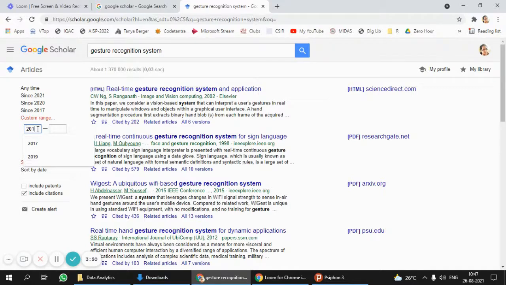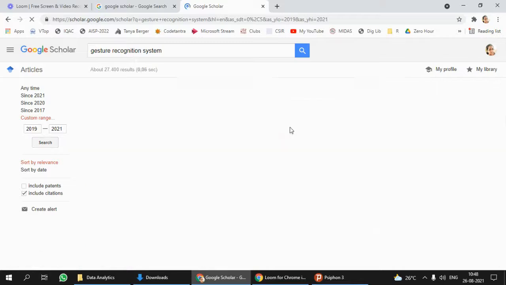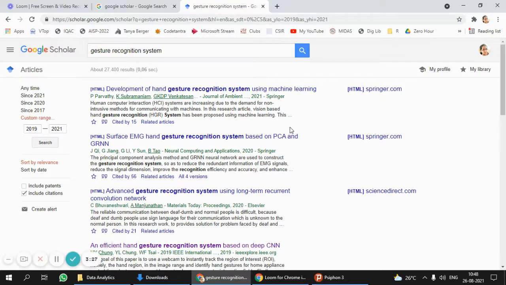I want to download the papers from 2019 to 2021, so that whatever reference papers I choose are up to date. Okay, so the latest ones I'm choosing. So I'm setting the year to be 2019 to 2021, and then give search. Okay, so here now all the papers reflected here will be from the year range of 2019 and